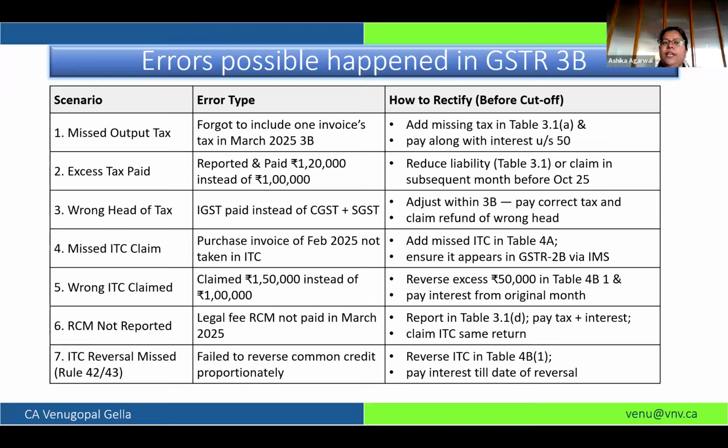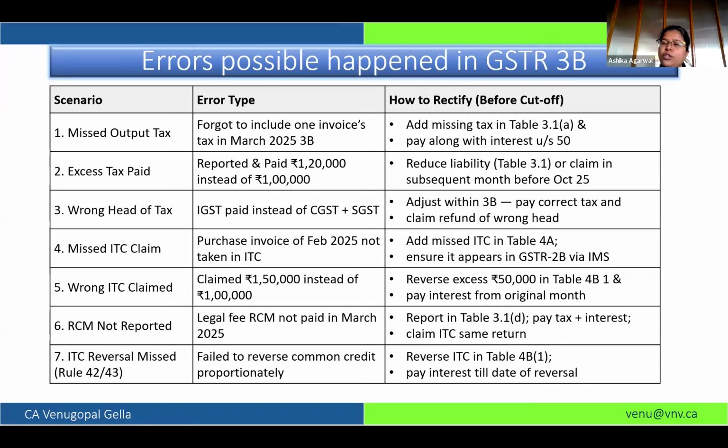In the second scenario, you have made an excess payment of tax. Like in our example, by mistake you have paid 1,20,000 though you were liable to pay only 1 lakh. If any B2B or B2C invoice has been over-reported in GSTR-1, you can amend it by way of tables 9 and 10, which we discussed.